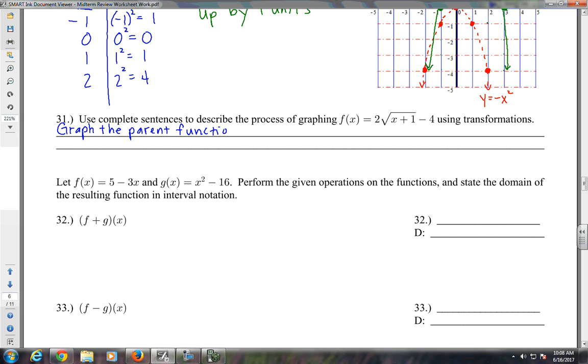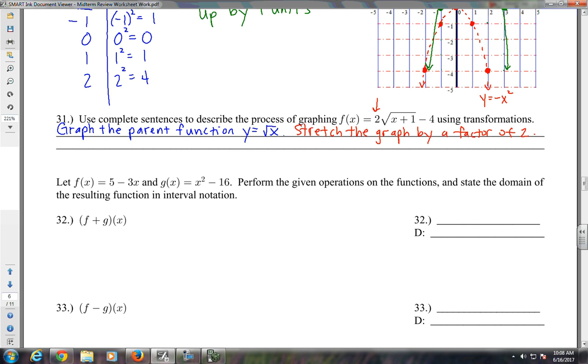which in this case would be the simplest square root function that we can think of. Notice we don't have a negative out front, but we do have this multiplier 2. That's a stretch. Okay, remember, if it's bigger than 1, it's a stretch. If it's less than 1, it's a shrink. So we can say stretch the graph by a factor